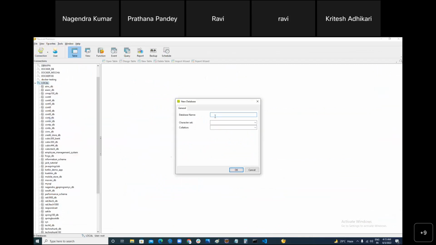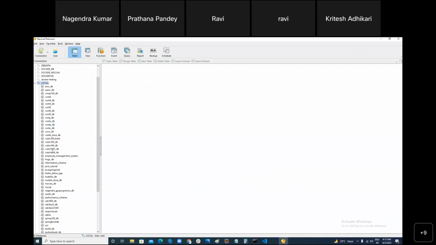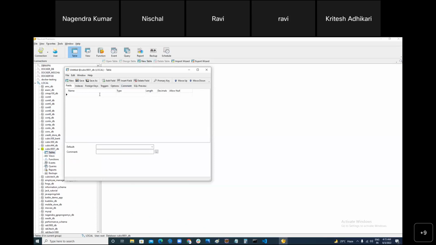My database name is cubic help me 901 underscore DB. This is my database name. Here I want to make a table, so you can click on the new table. This is the editor. And first you can make something like